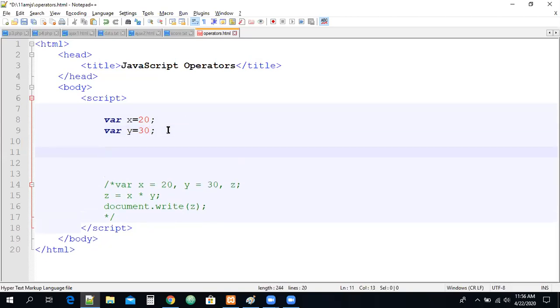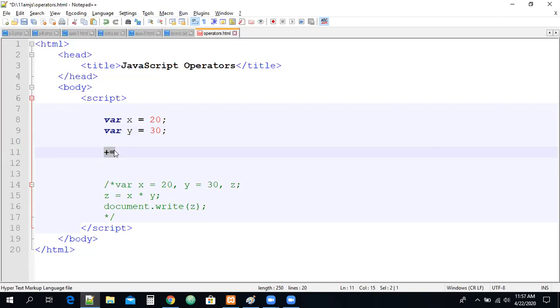Now, guys, all of you see, I have an operator called plus equal to. This is what we are actually using, an assignment operator here. This is an assignment operator. For the variables x and y, we assign some values here. Now I want to take an operator called plus equal to. This is also an assignment operator.